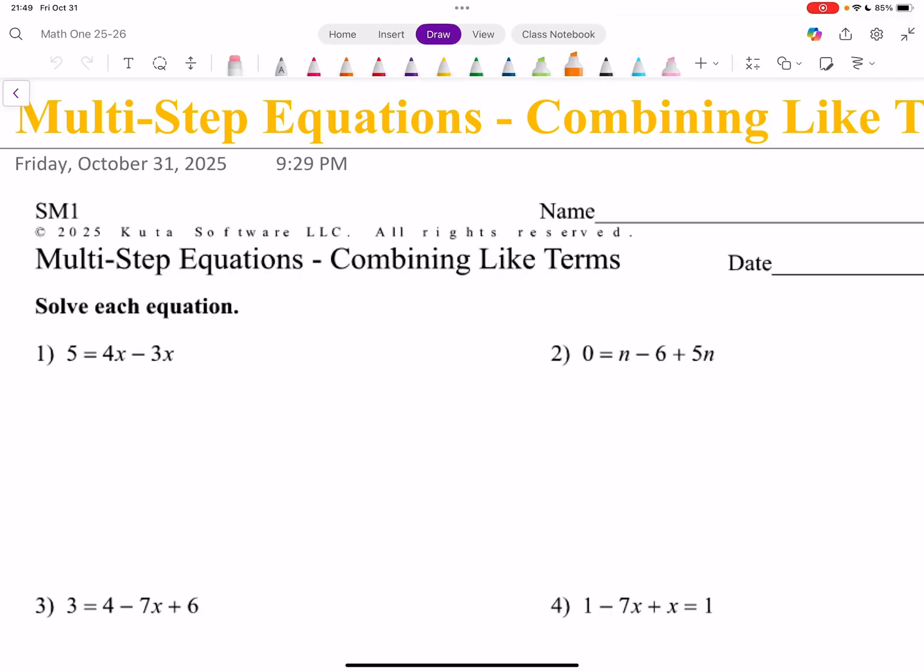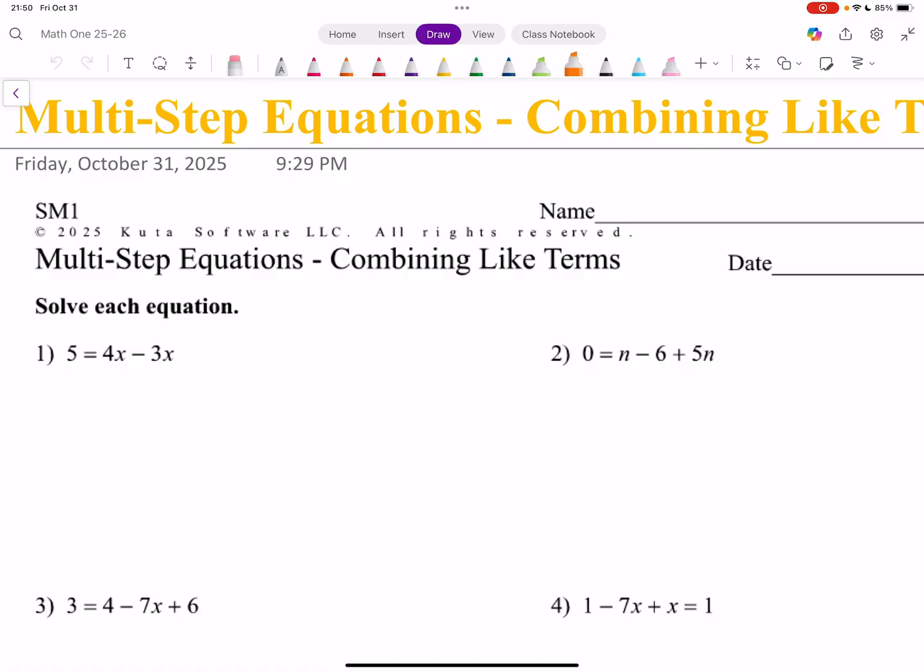In this video, I'm going to demonstrate how to solve multi-step equations with combining like terms. The learning target is, I can solve a multi-step linear equation with combining like terms. The language target states, I know I can do this when, given a multi-step linear equation with combining like terms,